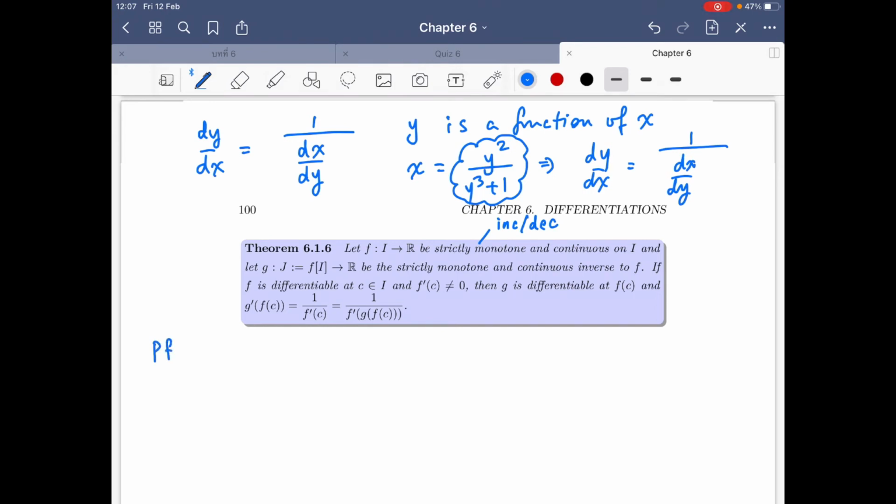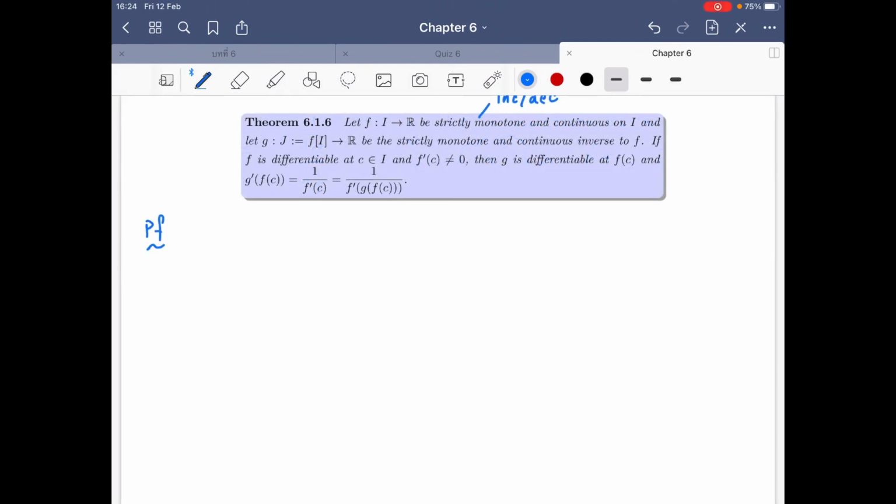Because this follows from the chain rule and also the Carathéodory theorem, we are going to use that theorem again. So let us start our proof. We just let this point c be the point at which we need to talk about a derivative. So if we have this point c in the real numbers, by the Carathéodory theorem, we know that there will be